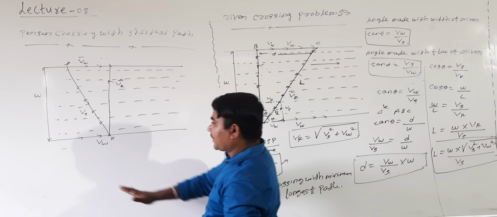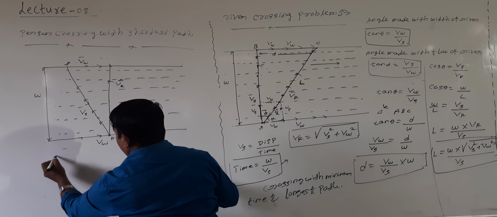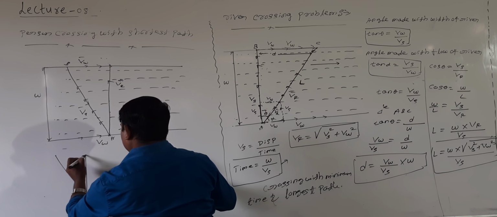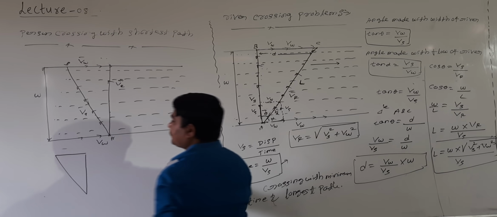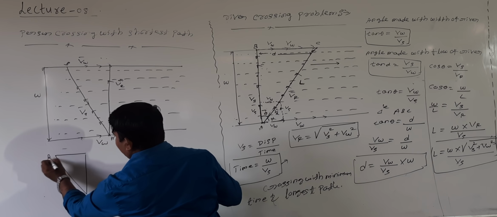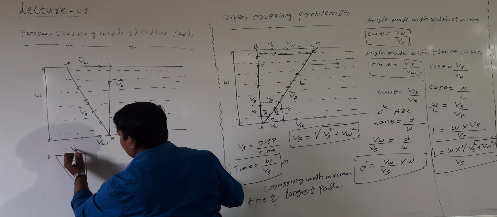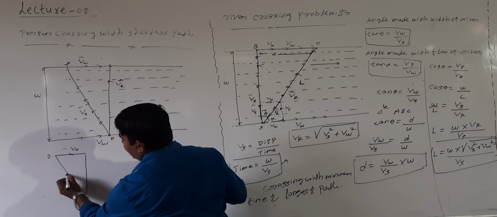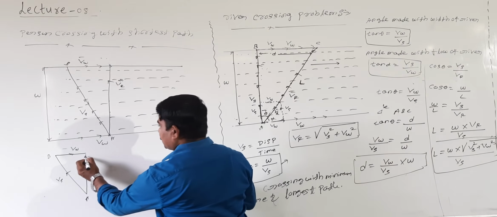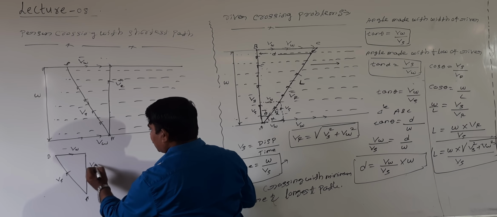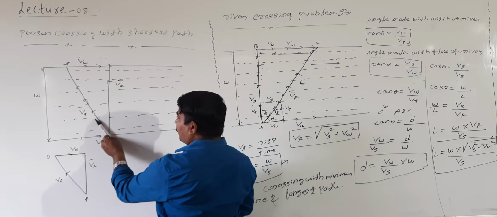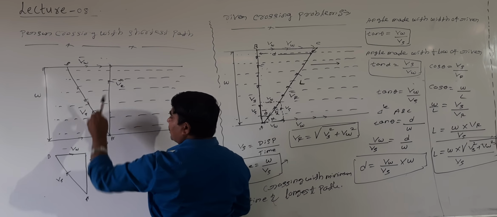Shall I draw the diagram here separately? Look at me. If the flow of the river is like this, the person may go like this. This point is point A. This is nothing but point B. This is the flow of the river, I can call it VW. The velocity of the swimmer in this direction is Vs. This we are calling the resultant velocity V. In a situation like this, the person goes from A to B, and due to the flow of the river in this direction, he may be pushed.